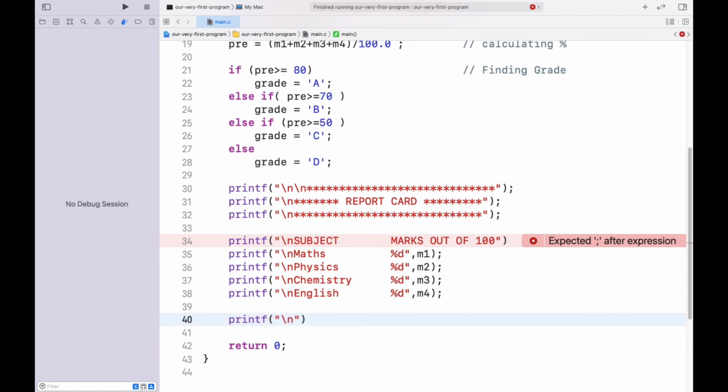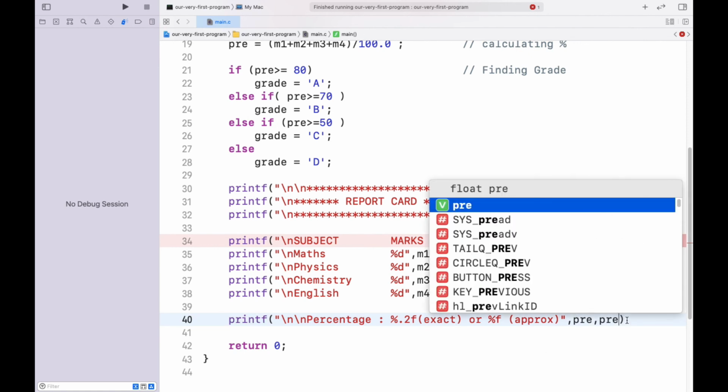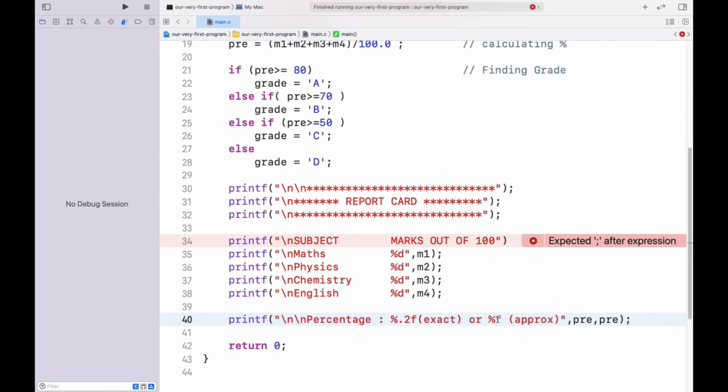Slash n, percentage is going to be percentage f, 0.2 for 2 decimal accuracy and PRE, which is going to be approx, and let's add exact in here. Exact PRE, percentage of 0f.